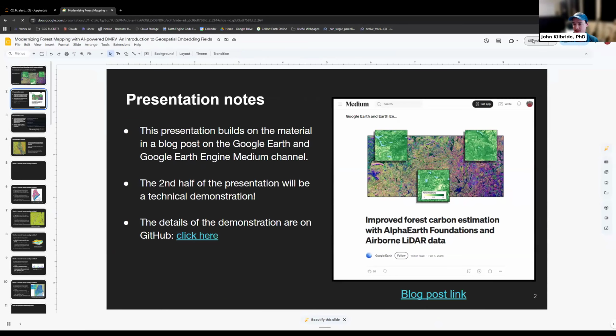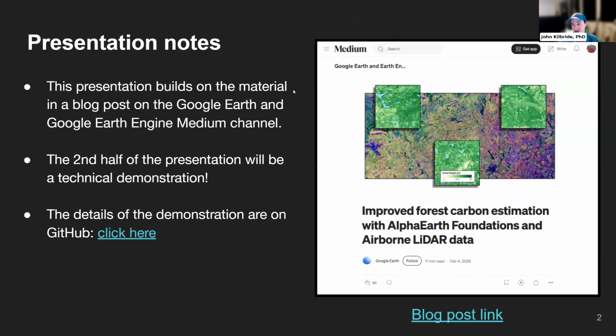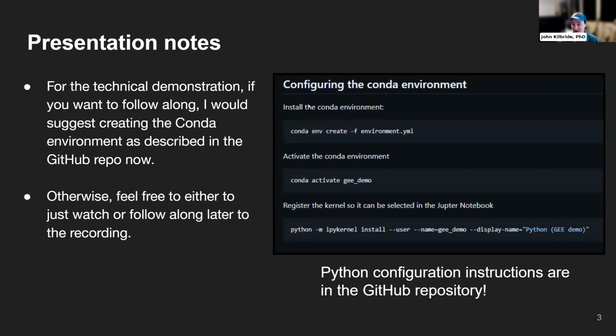The reason I'm sharing that is my understanding is some people might want to try to follow along live. If you are doing this, I would encourage you to try to get the Conda environment configured, just because this will have